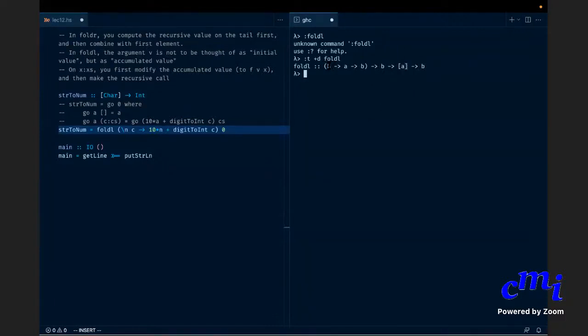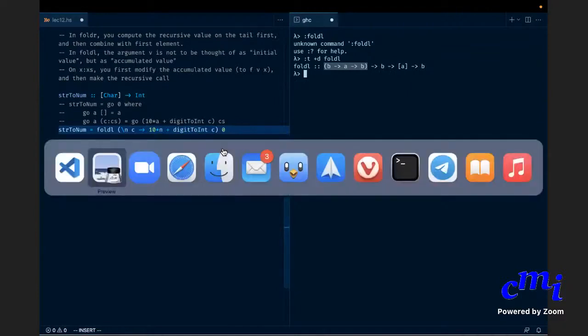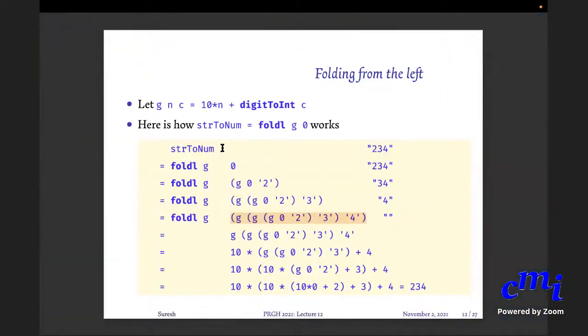So the initial value is of type B, and every time you modify your accumulator by combining it with an element of the list. So it is B arrow A arrow B. That is the type of the function. The initial value is B. The final thing is B. So this is the type of fold L. And that's one example of fold L.